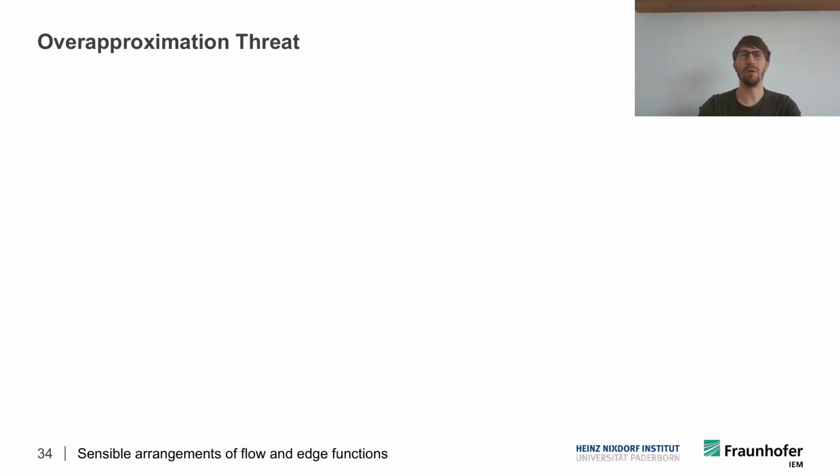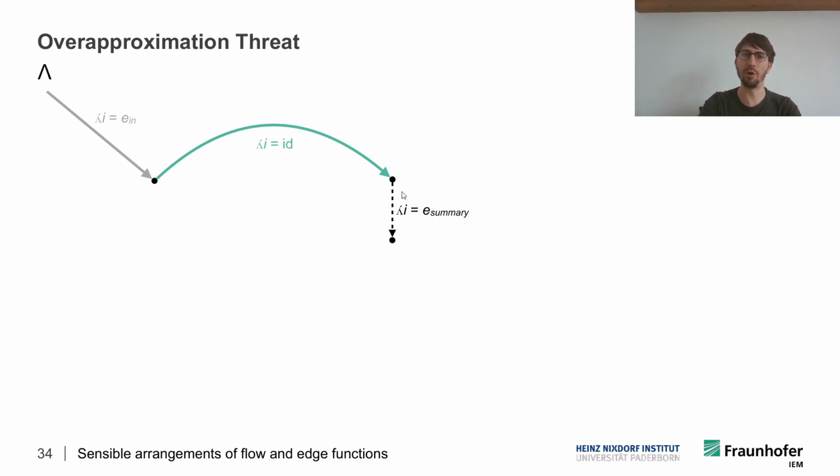Now you might wonder why it even matters to be so careful and distinguish so many different cases when it comes to call flow and return flow and call to return flow functions. And this is why. Assume you have an incoming data flow fact and you have some incoming edge function on that flow fact. And then what you do is you have a call flow function and propagate the call flow, and on the edge here nothing interesting really happens, but then in the called function some data flow effect on the edge domain takes place. So you have this edge function eSummary here,